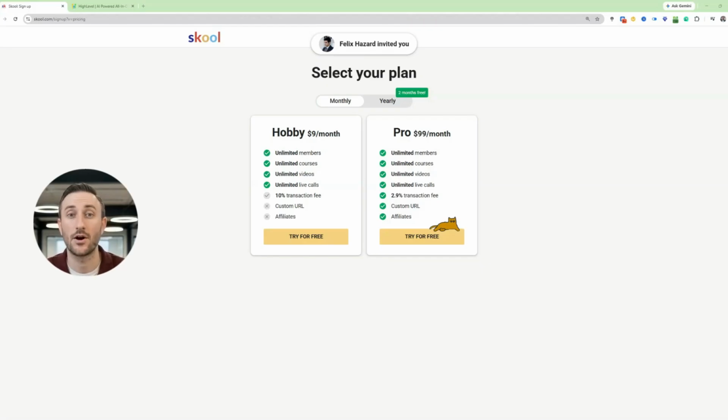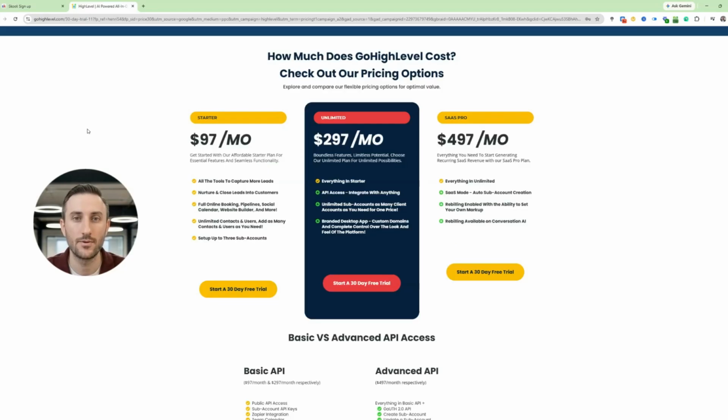Now, if we compare that to GoHighLevel, the starter plan is $97 per month, and communities are already included alongside everything else that comes with the platform. So while the Pro plans are almost the same price, I don't think they're really competing on the same thing. With Skool, you're primarily paying for a platform that's built around communities and courses. With GoHighLevel, you're getting a CRM, workflows, automations, pipelines, calendars, email marketing, SMS marketing, websites, funnels, AI tools, payments, communities, courses, and a lot more, all inside one platform.